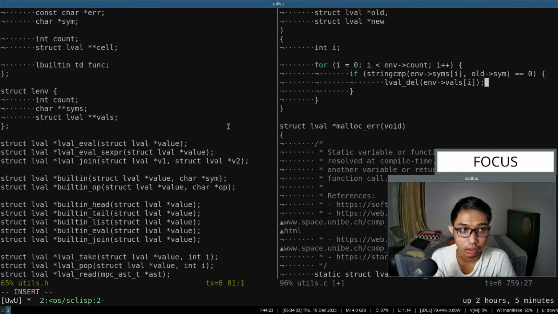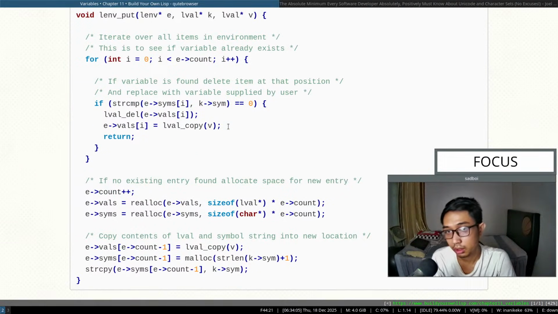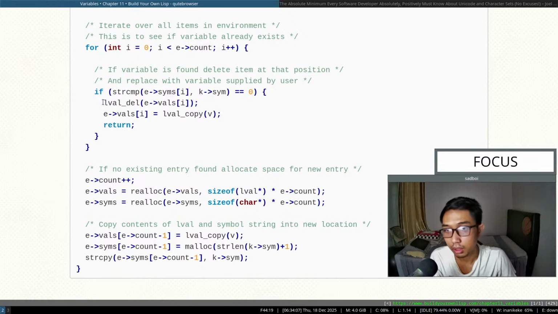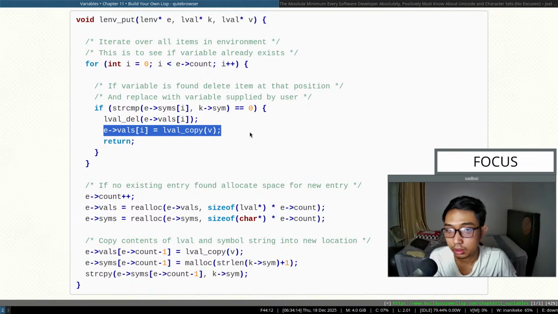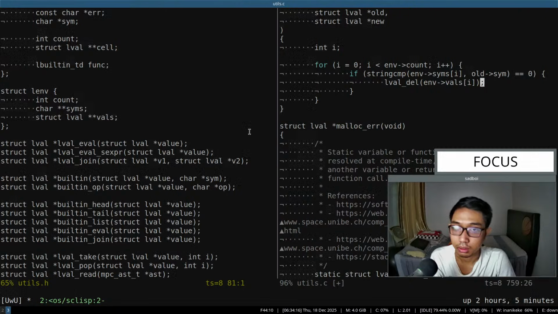Fast, right? Okay, we delete the value and then we reassign the new value. Okay,